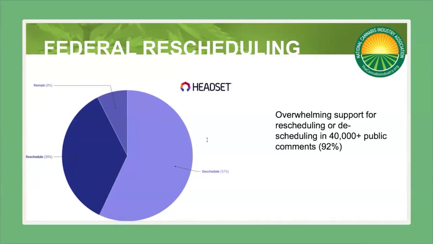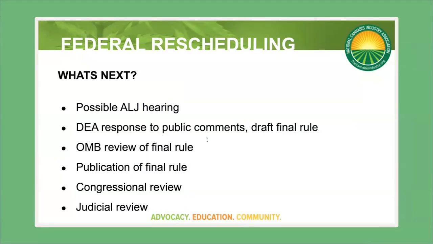In fact, many said, hey, we don't need to reschedule cannabis. Let's take it off the schedules altogether. That would make it like hemp and CBD, also like alcohol. Alcohol is regulated. It's not on the schedules. I think that's ultimately where we're going. Why? Most Americans want it. 8 out of 10 Americans want that. And we're seeing it here. We're seeing it at the federal level. It's not a red or blue issue any more than alcohol legalization is a red or blue issue. And so that's why we're seeing this move so quickly.